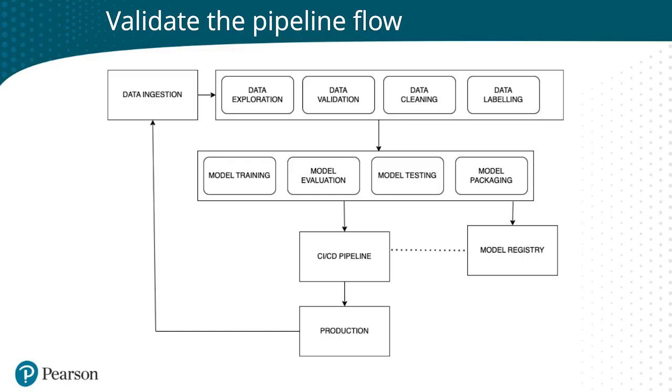So you see that has a lot of different moving parts inside of it. And if you're trying to have a really granular diagram, you would probably break down those processes even more than what you see here. But we know after we've done all of our data handling, we've got our feature engineering out of the way, we're going to go straight into model training, do some evaluation, test the models, and then package them.